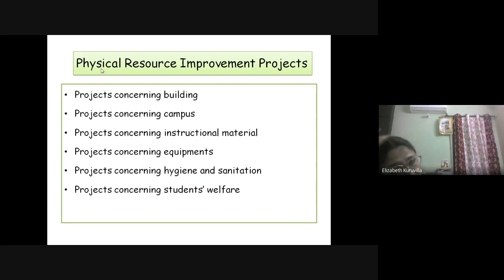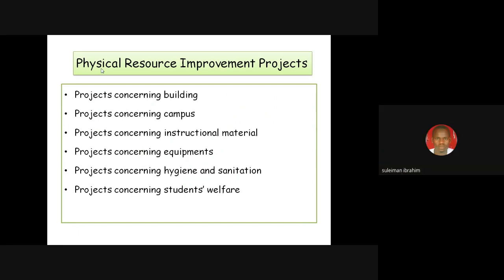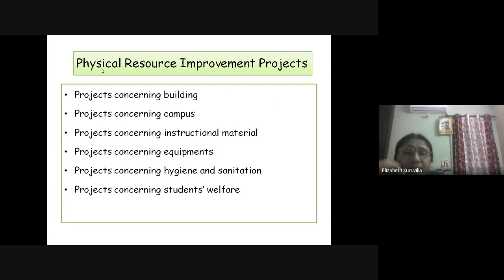Then projects concerning instructional material. What type of project? This one is short-term, ma. Yeah, correct answer. Then projects concerning equipments. What type of project? Short term or long term?